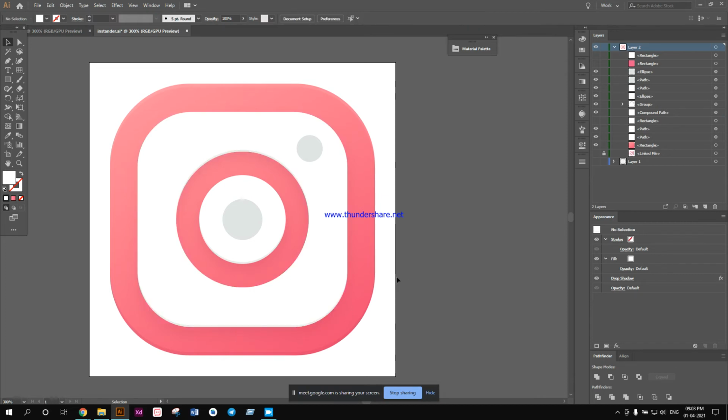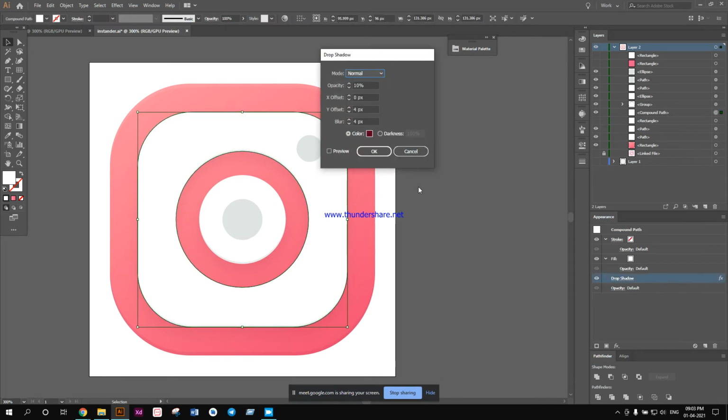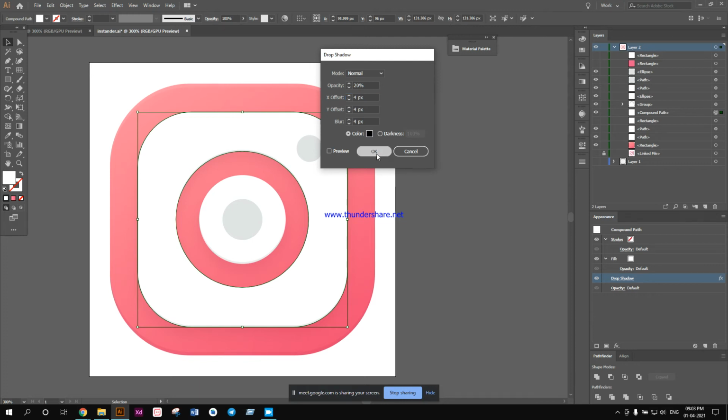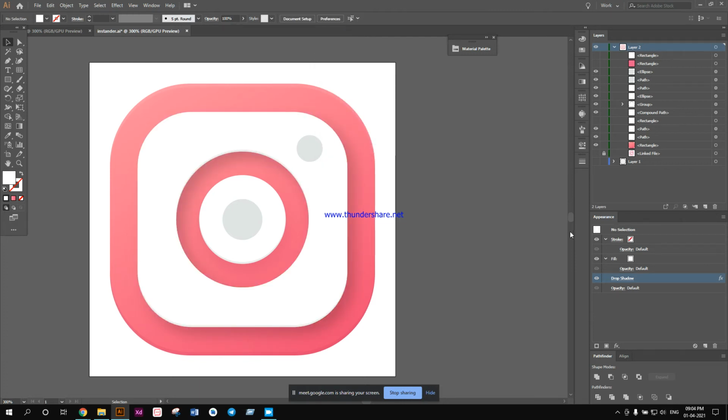Okay, and I also told you how you can do the drop shadow property. Now as I told earlier, I use a 10% opacity drop shadow. Now suppose I used a 20% drop shadow and also used the Google guidelines, so all the values should be 4, opacity 20%, and I copy this color for future reference, change it to black. Now you see how much depth has been added.